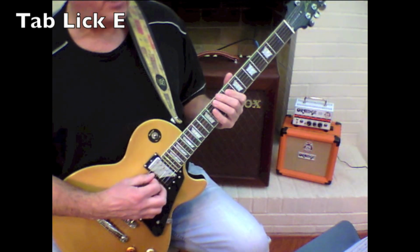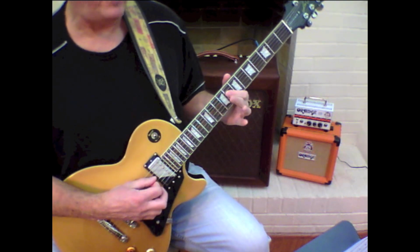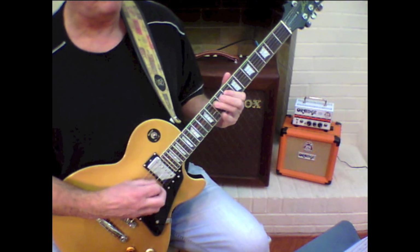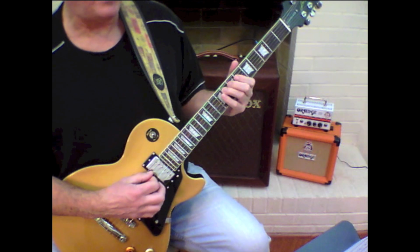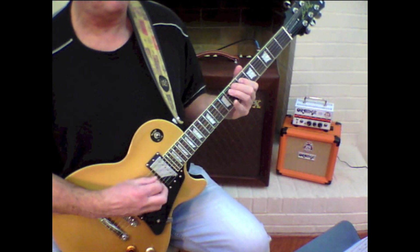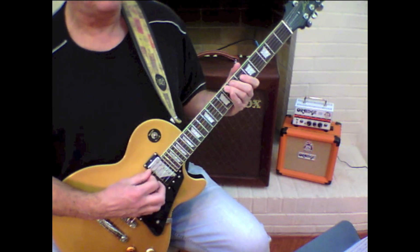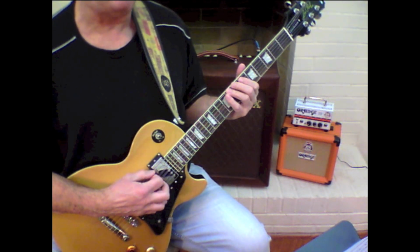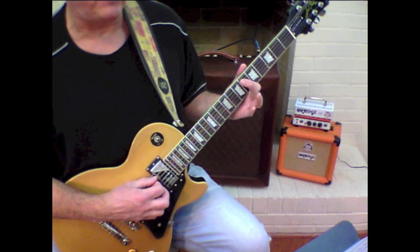Start back on the A string again, and we're going to hammer on from 8 to 10, up to the 8 on the D string, and then slide from 10 down to 8 on the A string, and then it's 6, 8, 6 on the A string, down to the low E on 8, another 8 on the E, and then hammer from 6 to 8. And then we go to the 6th fret on the A string,